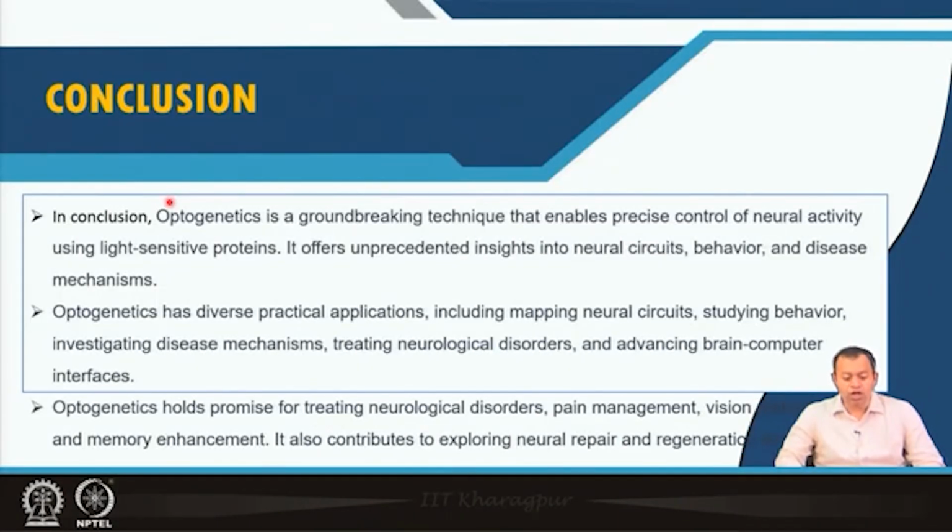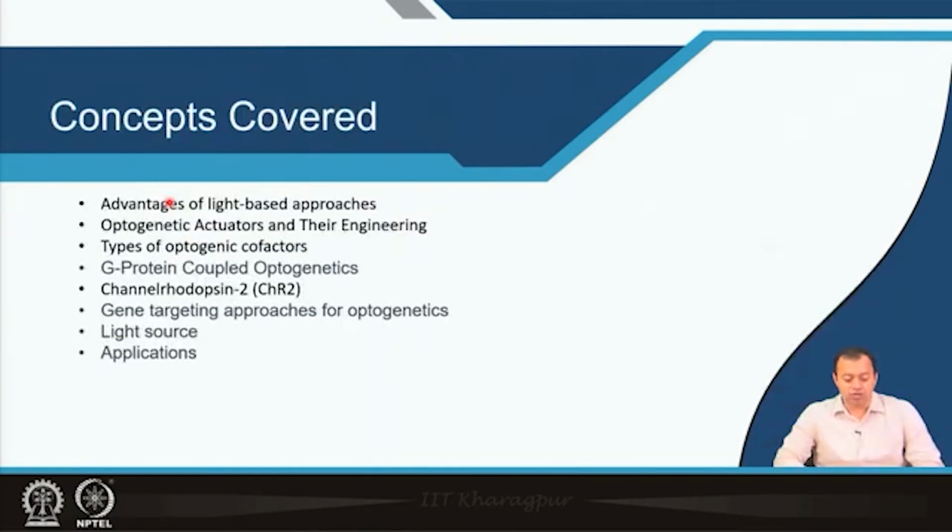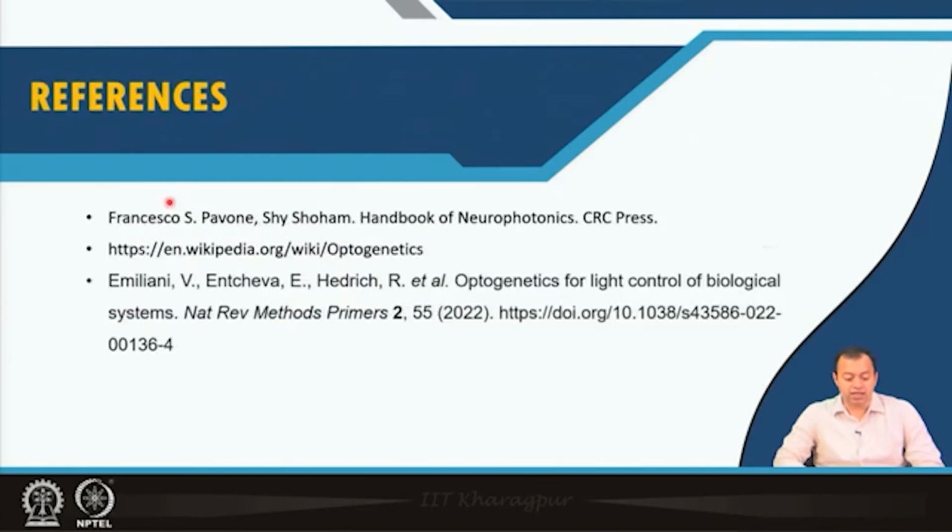So, in conclusion, there are several ways in which optogenetics can help us and it has shown immense potential to map the brain. So, these are the concepts that I have covered today and this is the reference, and I will see